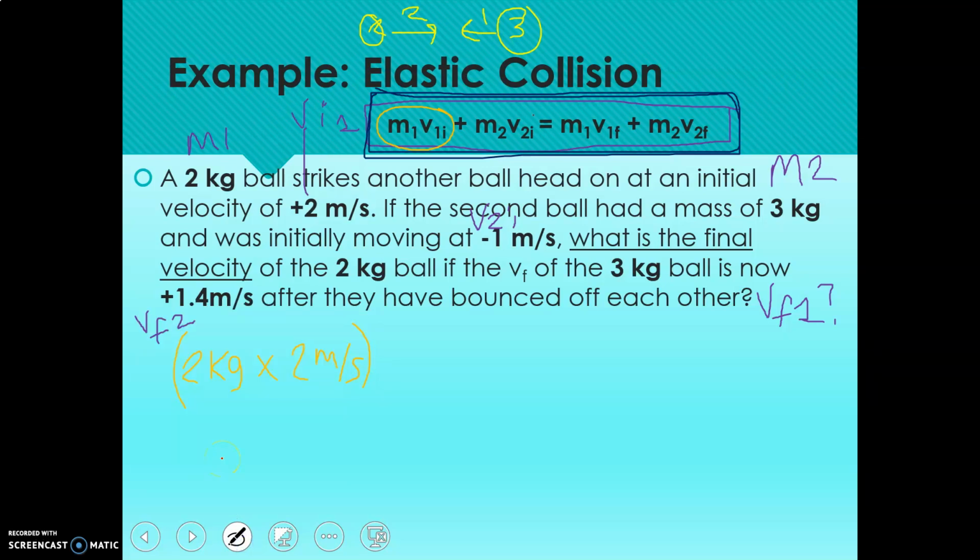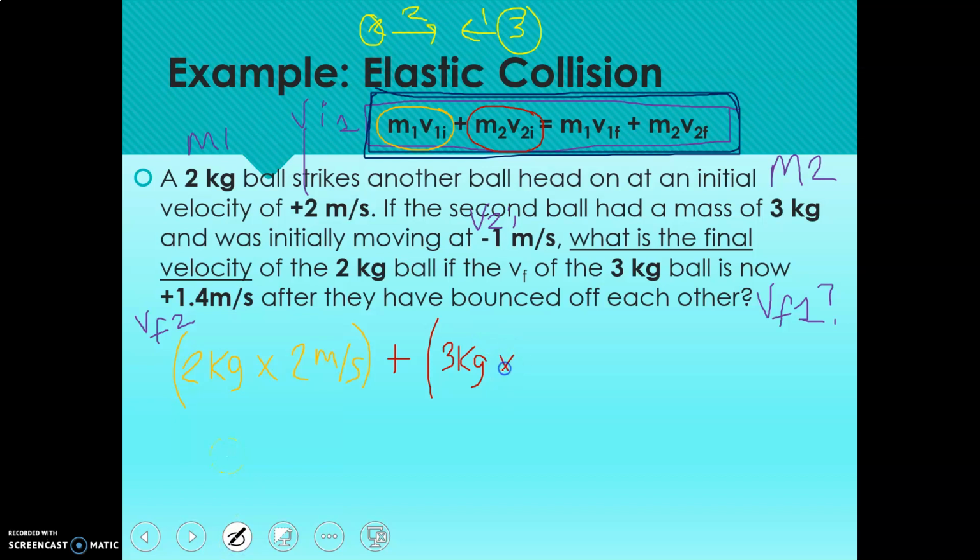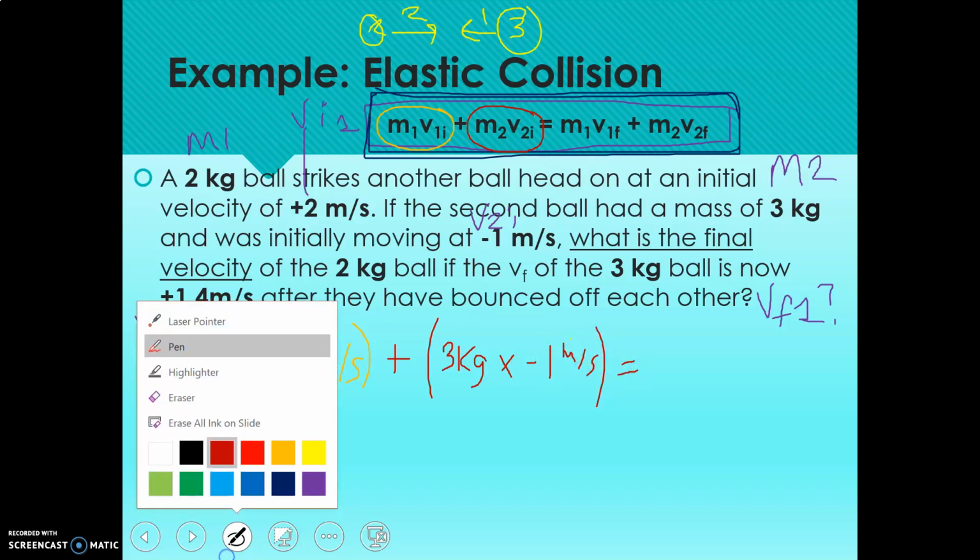Now for the second part, the second object, M2 times V2 initial. So we are going to add the mass of the second object, which was 3 kilograms, times the velocity that that object started off with, and that is -1 meters per second, equals,